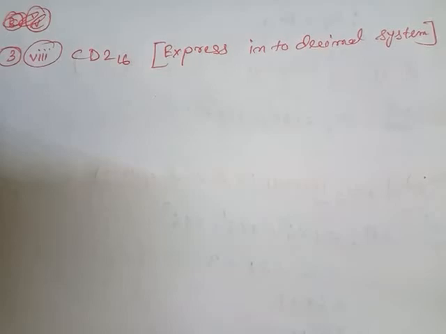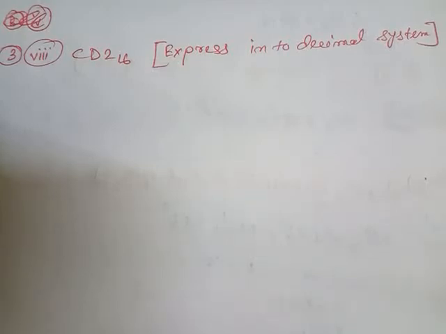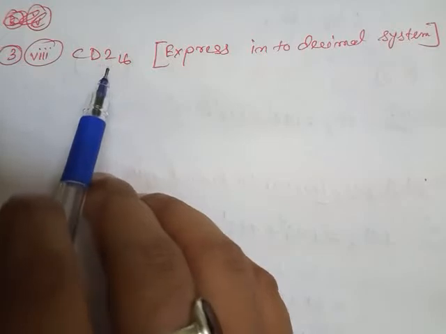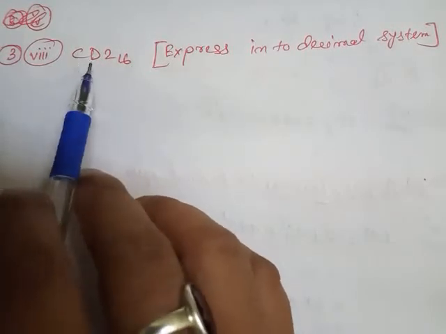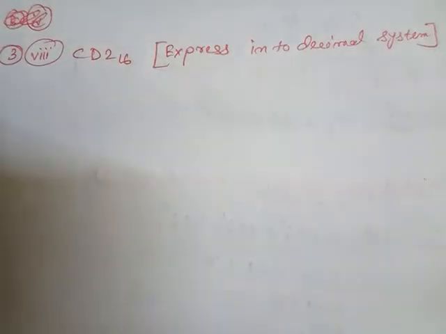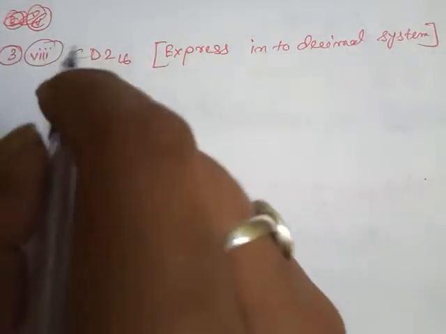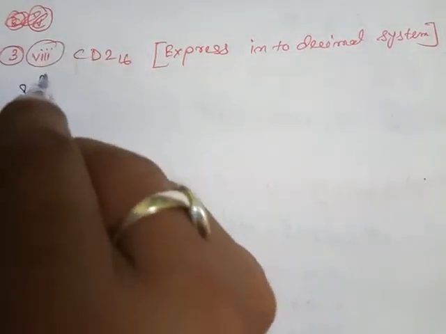Now students, the next question is 3 Roman 8. Students, I already said that we are going to solve all the sums in a similar way. Now here it is given CD2. We know that base 16 means hexadecimal, and CD is part of the hexadecimal. So I am now going to solve question number 3 Roman 8. Solution: